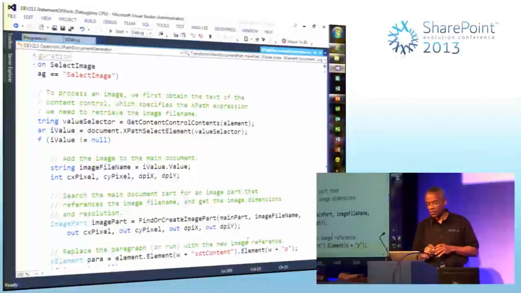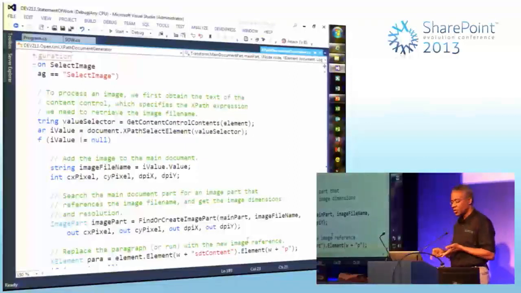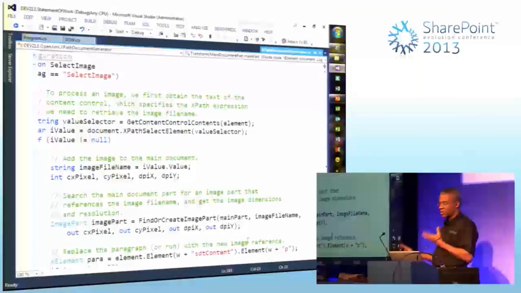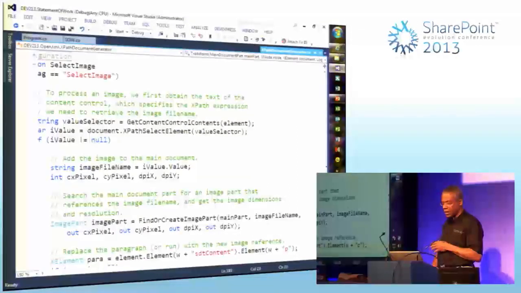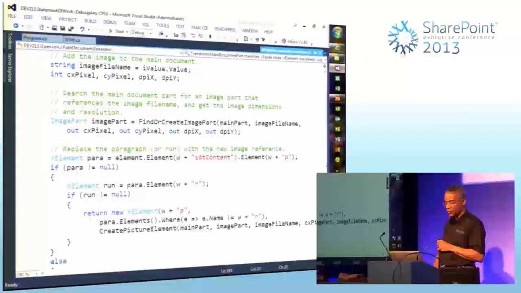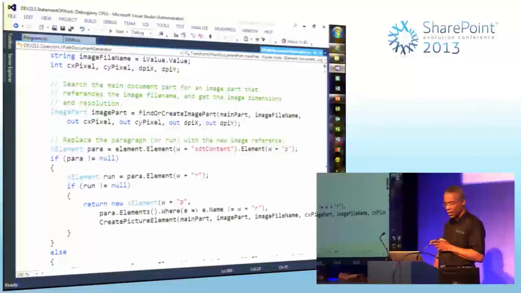So find or create image part first searches the document for an image that matches that image file name. If it finds it, it returns that image part. Otherwise, it creates the image part that it needs, and in the process, gives me its dimensions and its resolution. So now that I've found the image, referencing the file name, right, I can